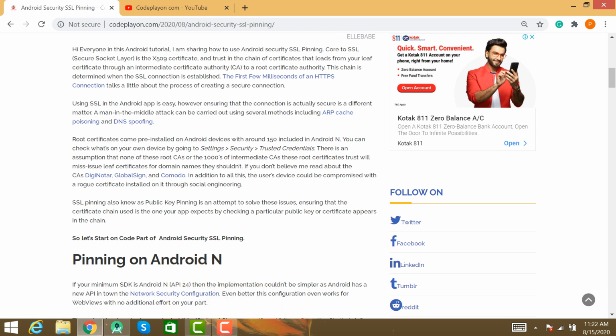I am sharing a simple way to use Android SSL pinning.